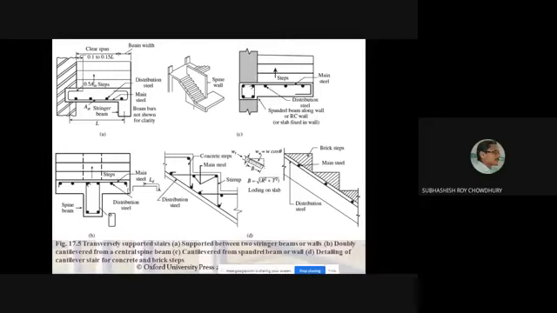Actually this type of stair we construct when there is no scope of providing the beam or wall at this side or this side. Okay, if you want to keep this one as a cantilever one, then you have to provide the beam at one side. So at least there should be one wall or supporting beam like this one. Okay, so what we can do, instead of providing that beam or wall at the end of the width of the stair, we can provide the beam at the middle. Okay, and the slab may be constructed at either side. So on both sides, it will be a cantilever slab.